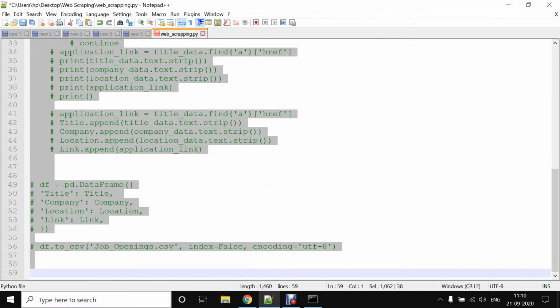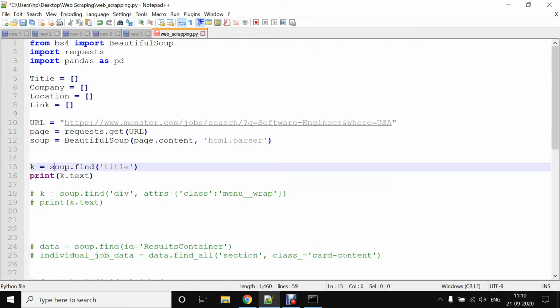Here you can see I have already fetched all data into my Python object. I have parsed that data, so all my data is currently in soup, a variable that is holding all my data. So I will just apply the dot find function and search for the title tag.